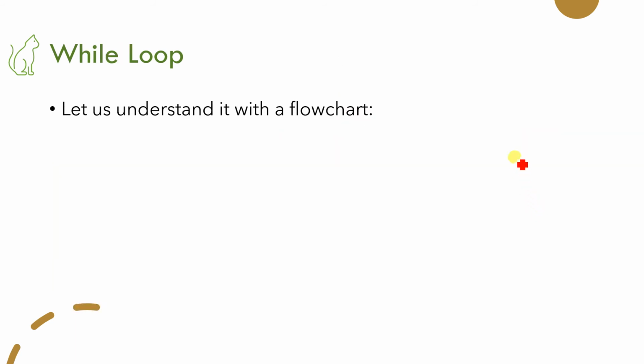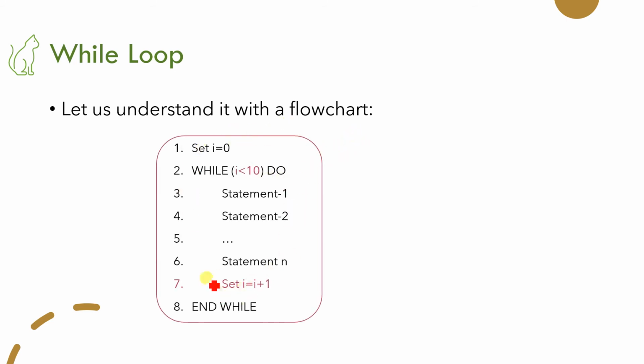So now we are ready. Before writing our solution to the given problem, let us understand with a flowchart. This is your given example. Now how is this actually written in syntax? Remember that this particular statement may be a part of a program, so your program may contain some statements before that. That's why I have mentioned something like this. This is specifying some line of code which is present in your program previously.